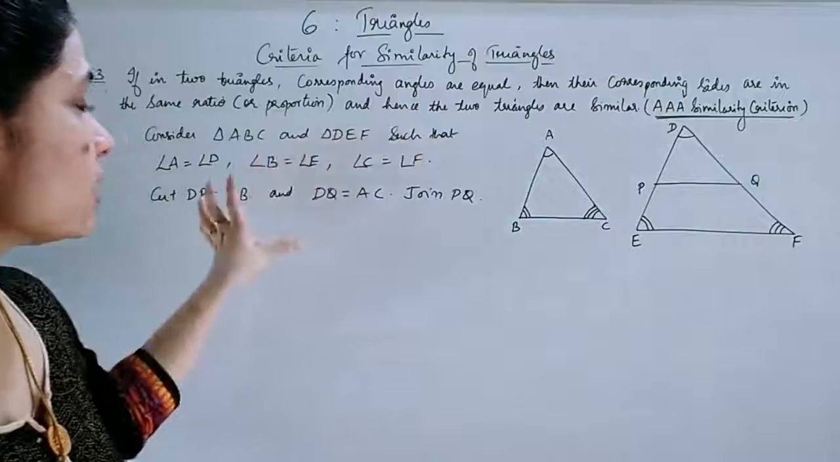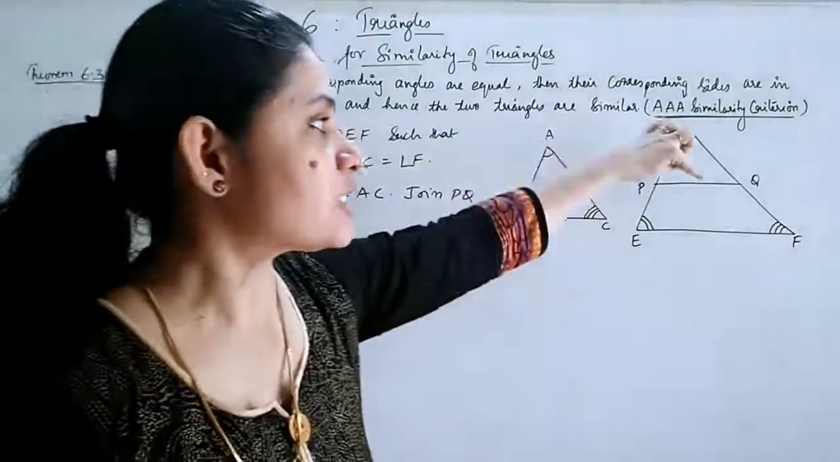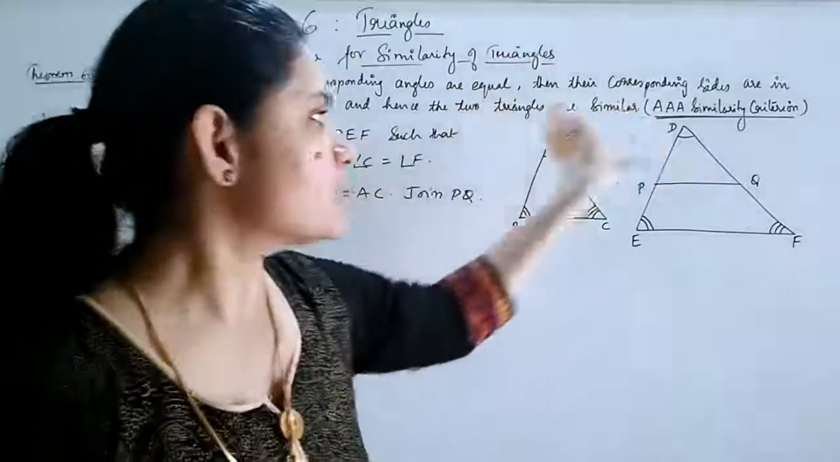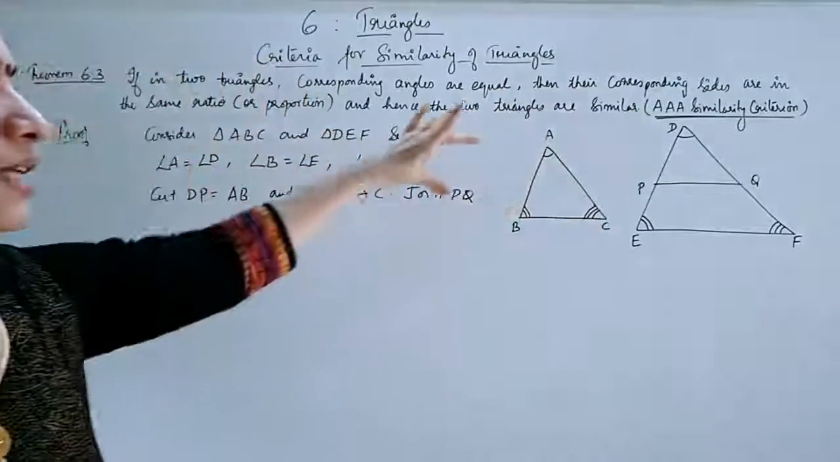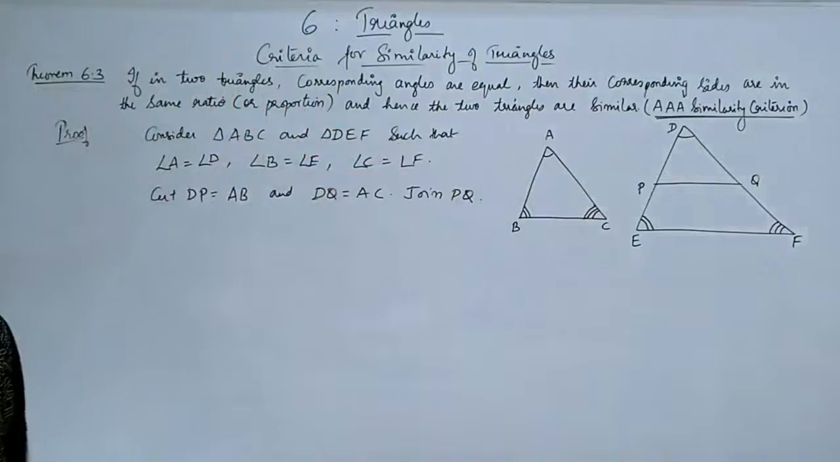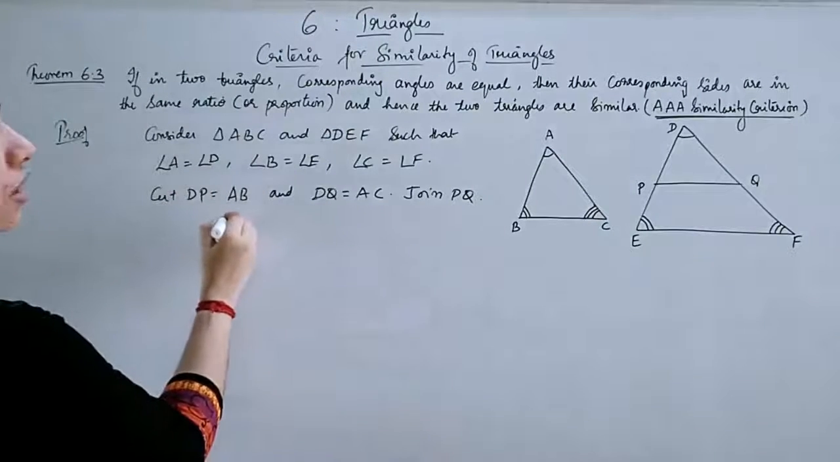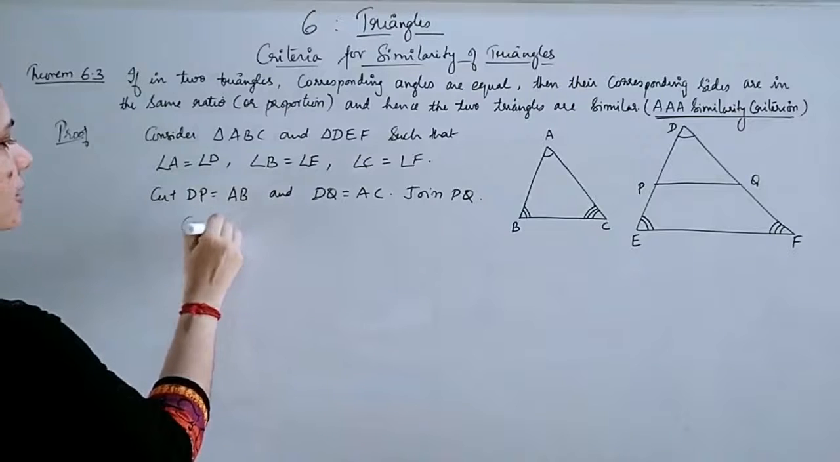Now we have taken this P and Q in such a manner that DP is equal to AB and DQ is equal to AC. So you are getting actually two sides and one included angle to be equal for both the triangles. Hence by SAS congruency, you will get the two triangles to be congruent. Okay, so what all concepts we got? We are just considering the two triangles